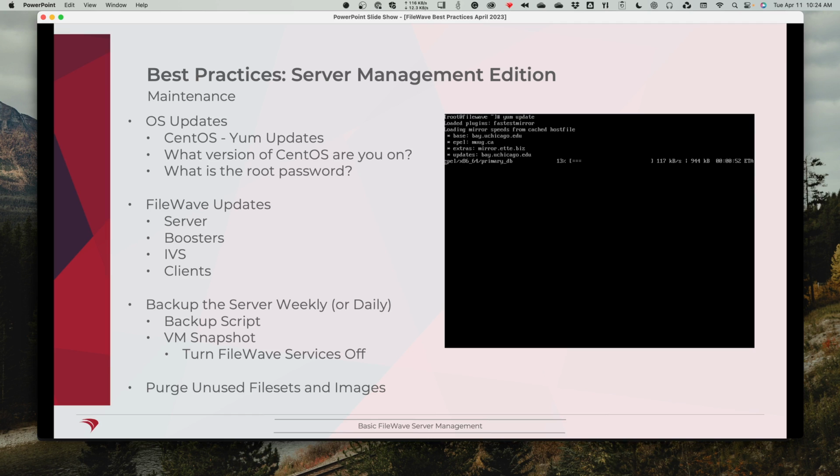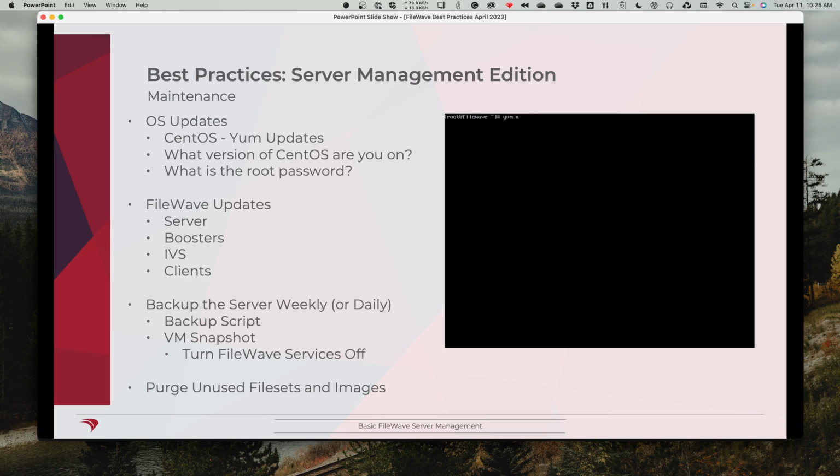There's a note about turning FileWave services off. I've always felt that was just being cautious when it says it. I don't necessarily have a case I can point to where there was a problem, but if you can, have FileWave shut down when you do the VM snapshot so that you're absolutely sure that nothing was in the middle of things when it committed. Now, really, with a VM snapshot, it should come out of that 100% okay, but this is just the guidance